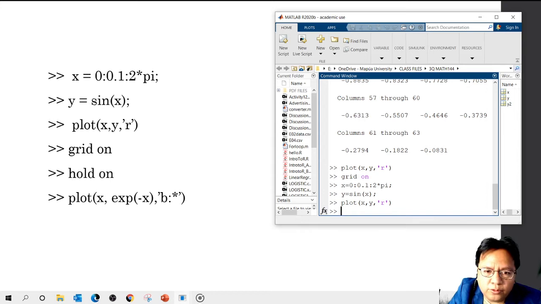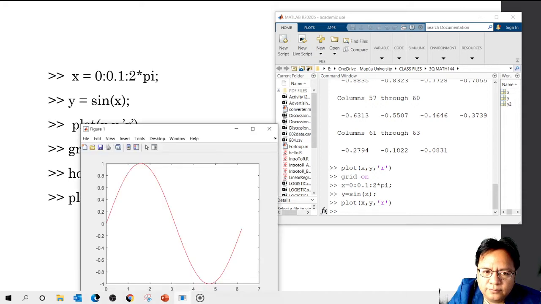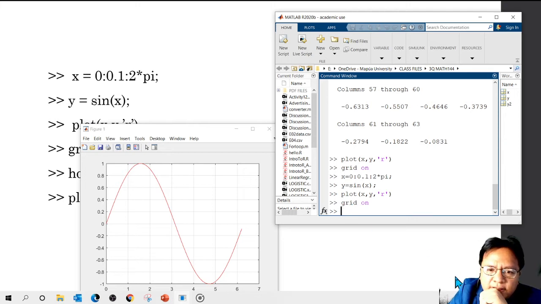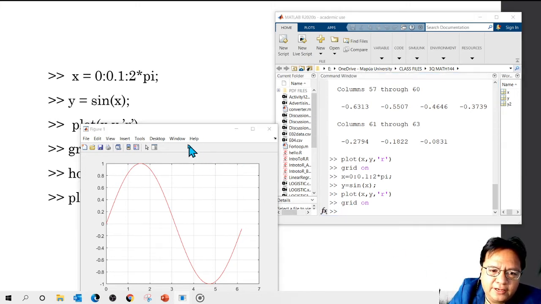So we're now going to have this image, and then let's issue grid on. So we have grid on, and then after having grid on,